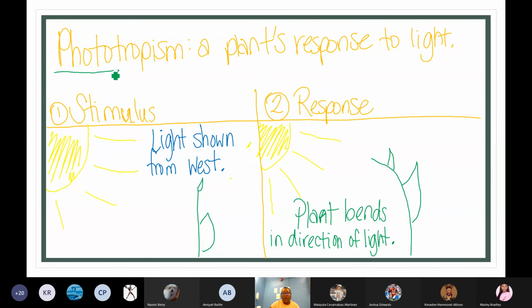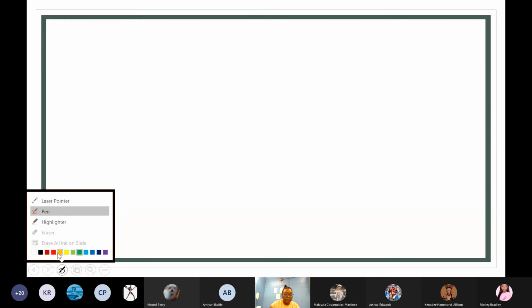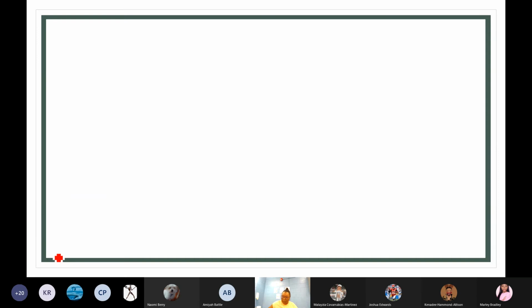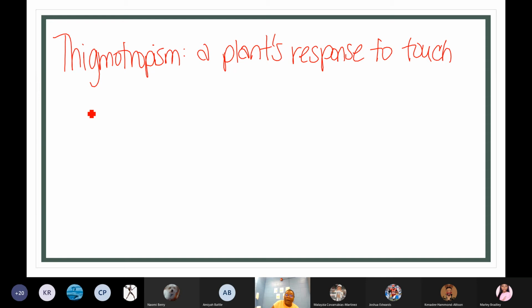And the last one we're going to talk about today is thigmotropism. Thigmotropism. Remember, if you'll remember from the beginning of our notes, thigmotropism is a plant's response to touch. So for our last stimulus response model today,